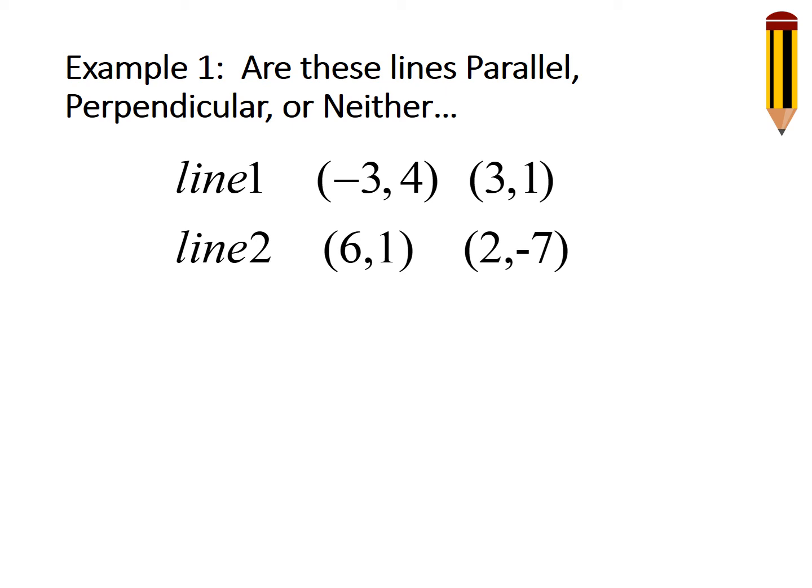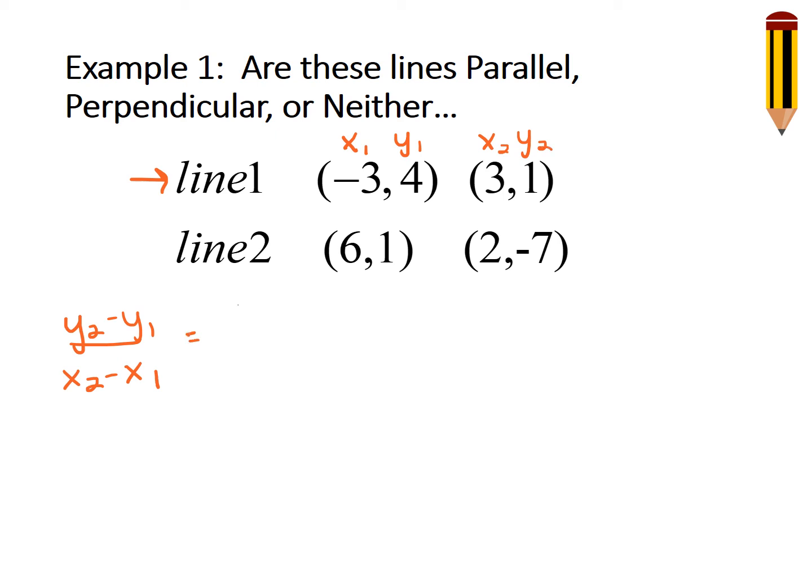So if we do our slope, because remember we have to use those rules, parallel lines have the same slope, perpendicular lines have opposite reciprocal slopes. So let's just look at what the two slopes would give us. If I'm focusing on line 1, I want to take y2 minus y1 over x2 minus x1. Again, I'm looking at line 1 here. If I need to label x1, y1, x2, y2, then I can just plug it into my formula right